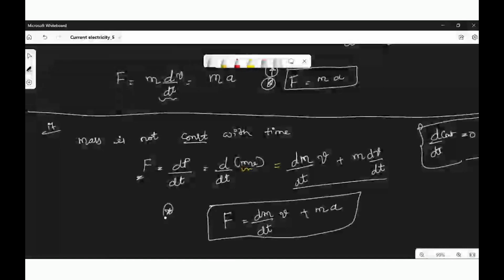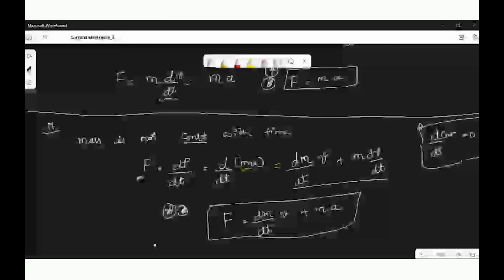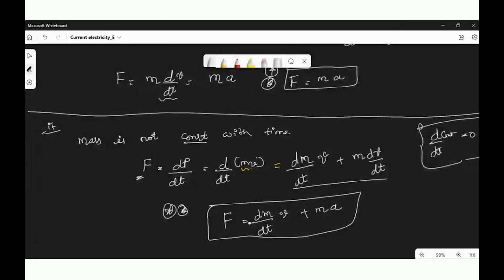So this particular equation can be considered in rocket launching cases, because as the fuel is burning in the rocket, the mass keeps on reducing, right? And we cannot ignore that change in mass. With time, so much fuel will be burning, and because of that burning you are getting some exhaust out of the rocket, and that exhaust coming in the backward direction will give you a momentum in the forward direction. That's how rocket propulsion works.